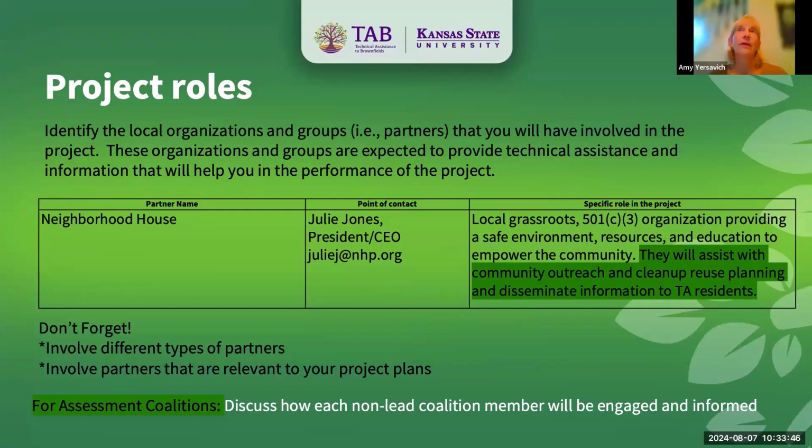And one of the things Beth talked about, and I'm going to mention this again, you can lose points if you don't have community-based partners, often church groups, often just community groups, neighborhood groups. These are people that really have their ear to the ground and they're going to help you. It's not just finding a way for EPA to dock you points. You need to have these community groups.